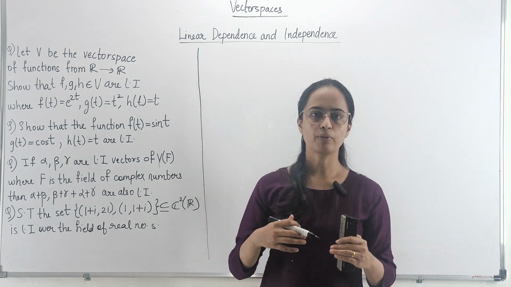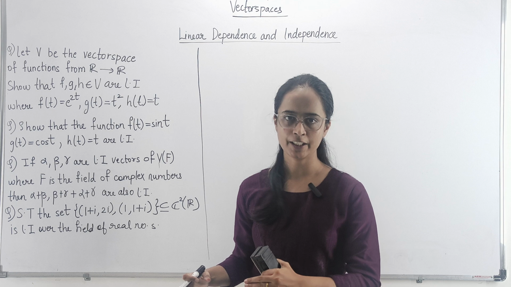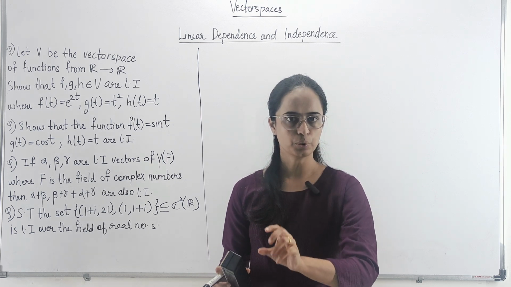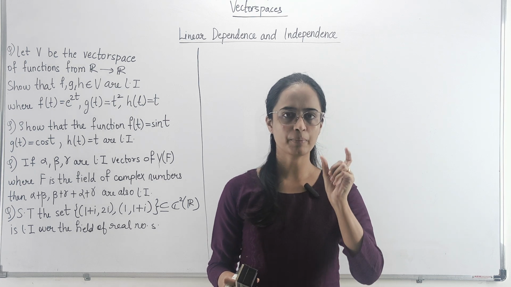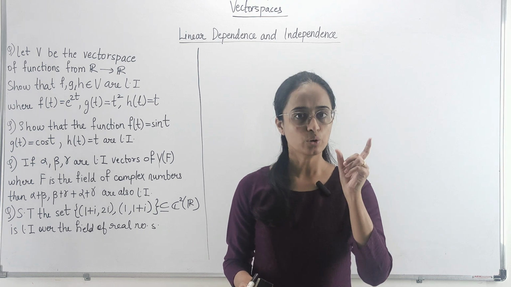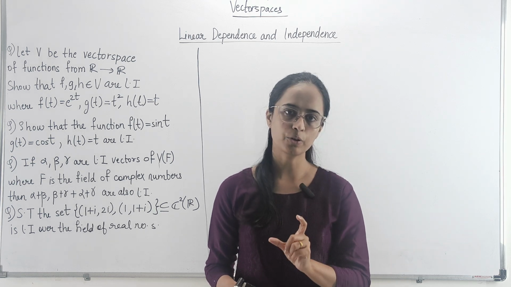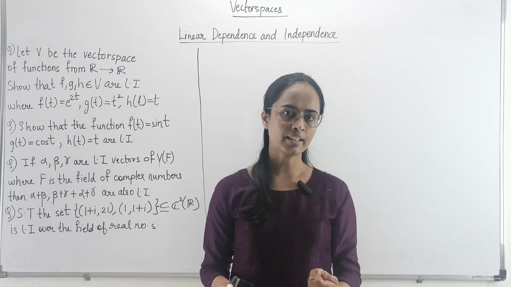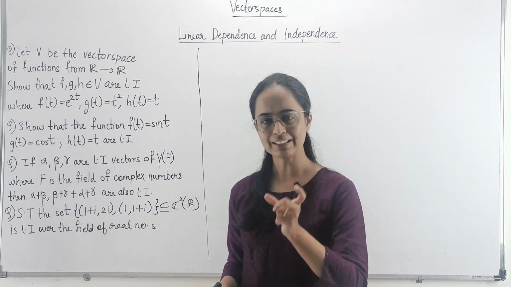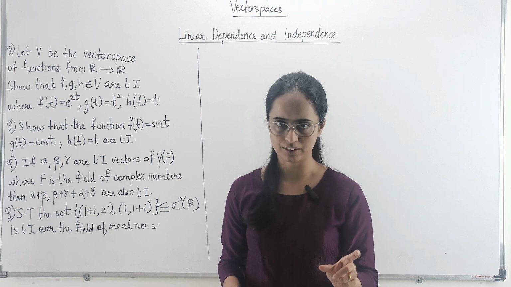So if we are supposed to show that these functions are linearly independent, it means that the ultimate thing that we have to show is कि जो linear combination में हम लोग scalars use करते हैं हर function के साथ में, those scalars should turn out to be 0. If they are not turning out to be 0, here in this case, since they have asked you to show, it means कि somehow you have to bring them equal to 0.